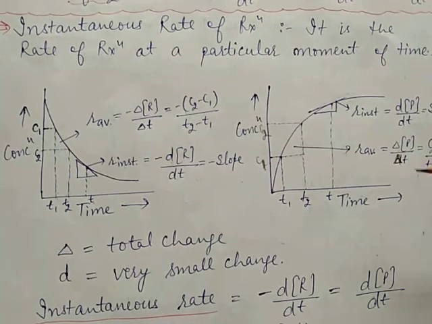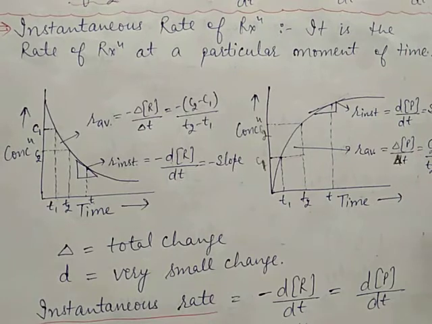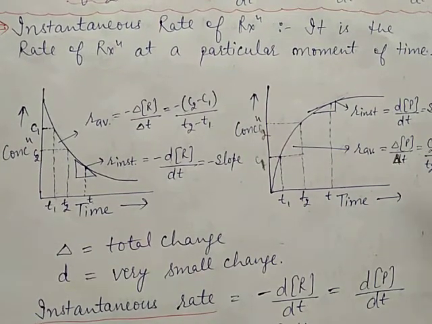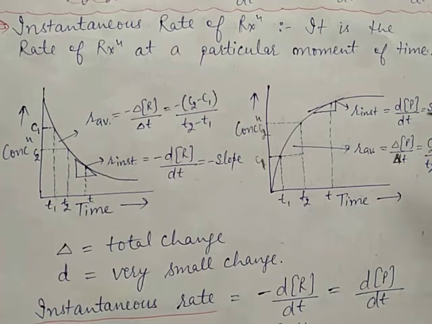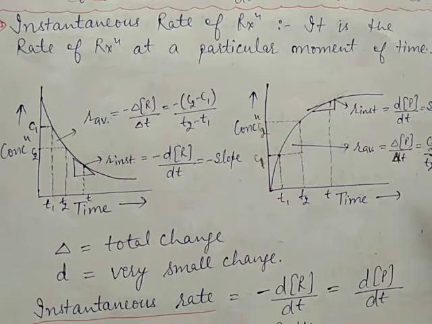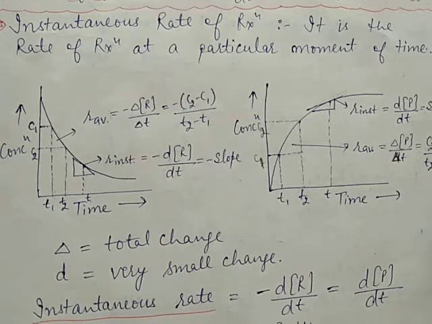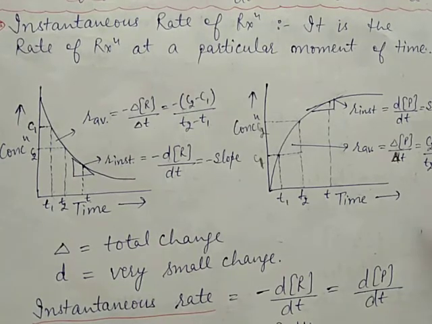Now the last question is, what is the order of the reaction? Order of the reaction is the sum of the powers of concentration of reactants in the rate law expression. Order of reaction can be 0, 1, 2, 3 or even a fraction. So all these are the topics of this chapter.